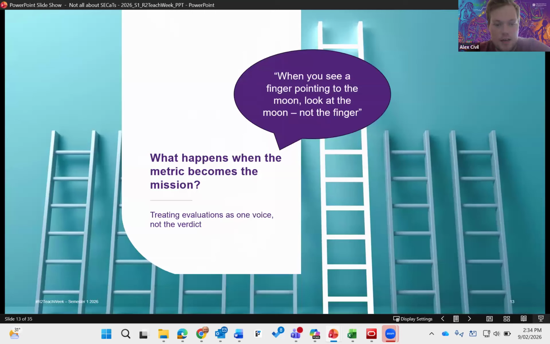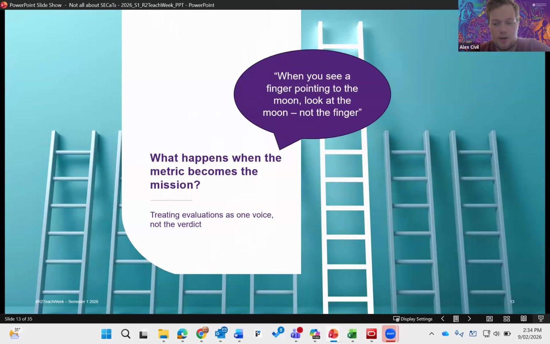And in this stripping away, there is a certain kind of trap: if the metric becomes the mission, we're no longer focusing on quality teaching or the student experience, and rather we're just chasing after a number. There's a Zen saying: when you see a finger pointing to the moon, look at the moon, not the finger. I really like that.